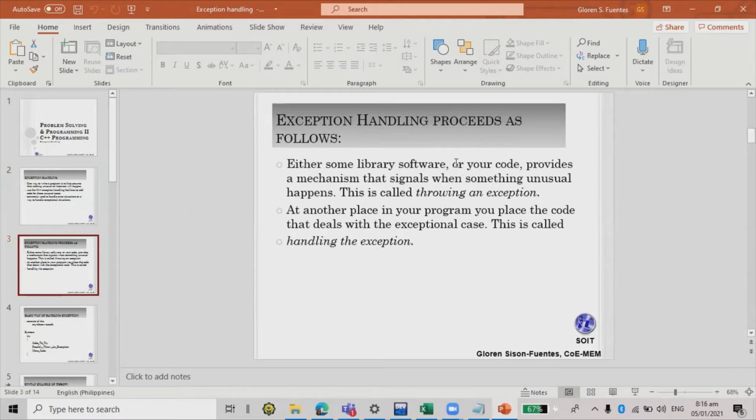We call this throwing an exception. When you say throwing an exception, either some library, software, or your code provides a mechanism that signals when something unusual happens. So if there is, for example, a problem with the input of the user, that is unusual, so we call it throwing an exception. Then at another place in your program, you place the code that deals with the exceptional case. For example, you put the correct codes to validate values, and we call it handling